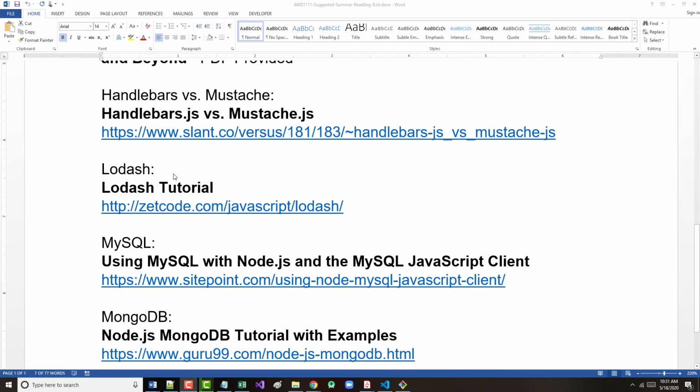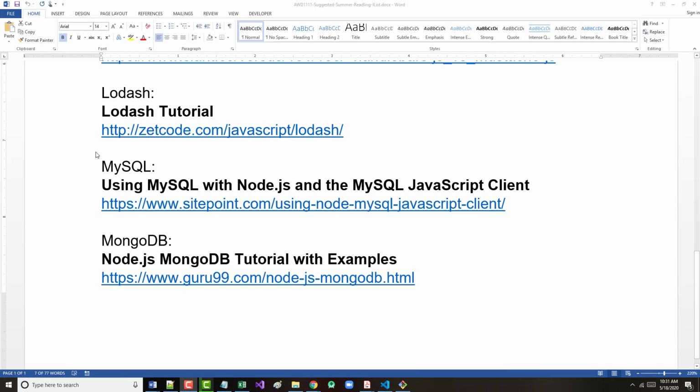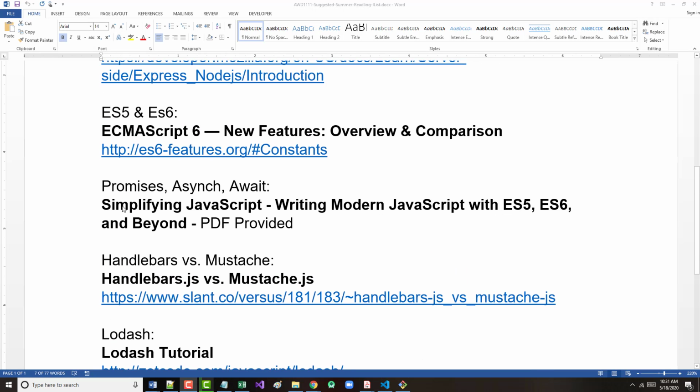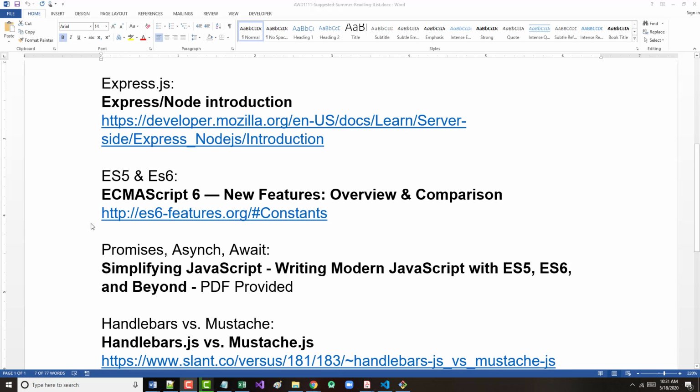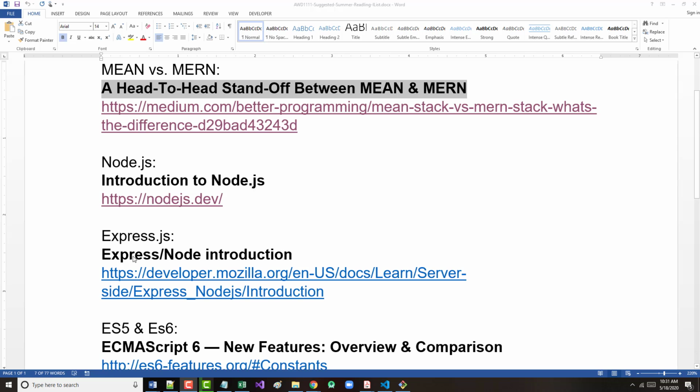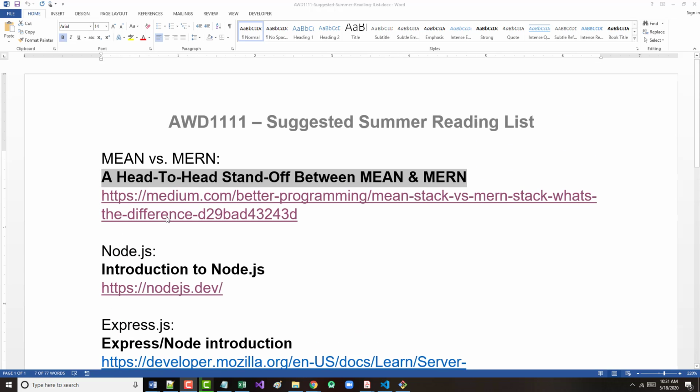I can do the MySQL and the MongoDB when we get to section 3. Lodash is later in the book. Handlebars and Mustache, I believe, is later in the book also. Express will be in Unit 2. So we'll go over those as we get to that point. Okay? But that said, let's look at